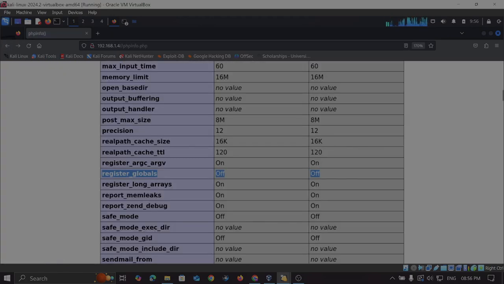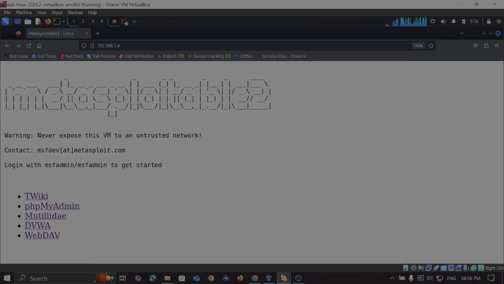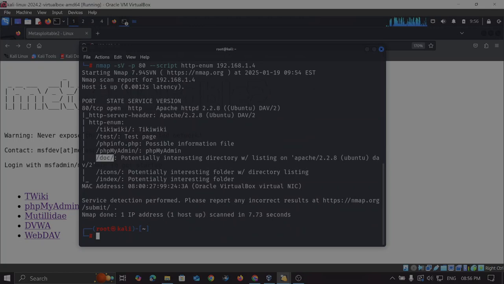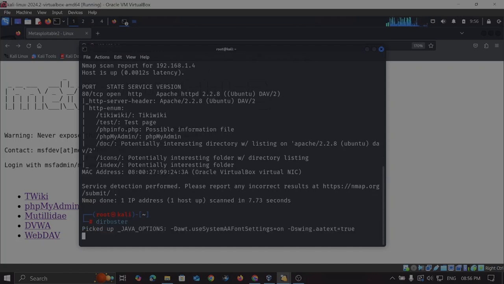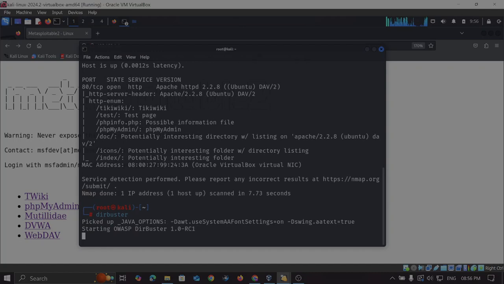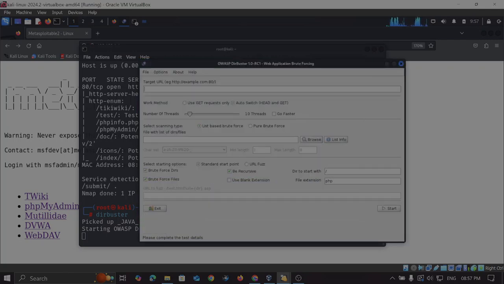So now let us actually perform the brute forcing. Let's see how we can perform the brute forcing. Go to the terminal, and for brute forcing we'll be using DirBuster. So let us use it, dirbuster, and if you press enter, now it will open up a user interface. Here they have given an example of how we can put the target URL. So simply I will put http://